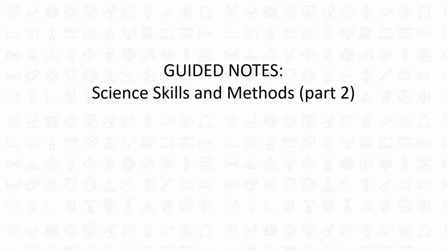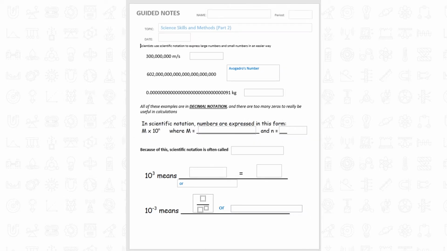We're going to walk you through the guided notes on Science Skills and Methods, Part 2. Here we go. This is what it looks like. You're going to fill in all of the information on here where there's blanks. Avogadro's number, as you can see, is already there for you, but we're going to fill this in as we go. So here,